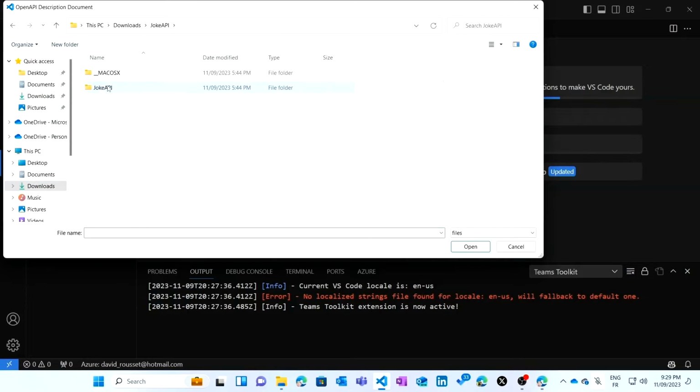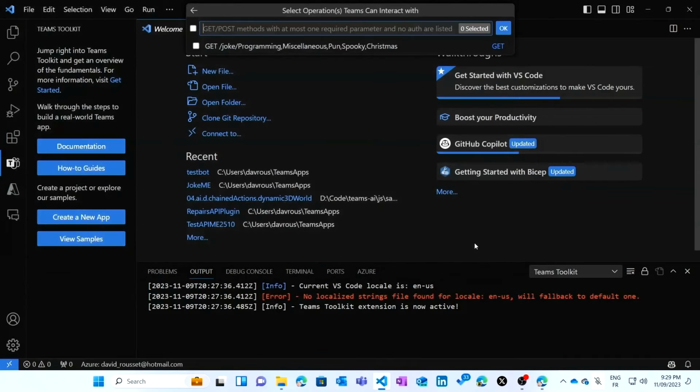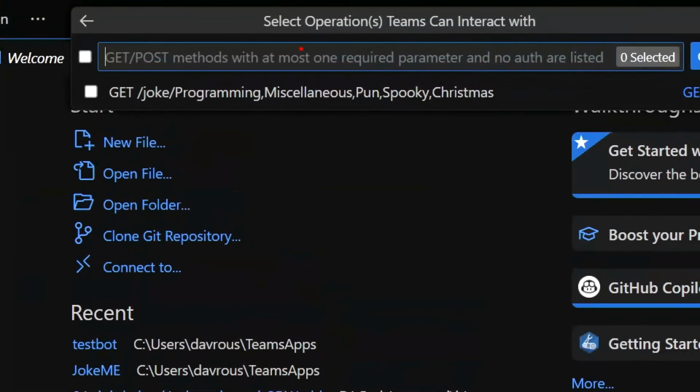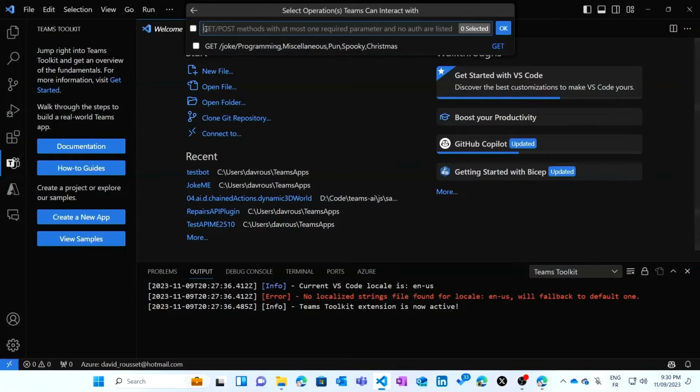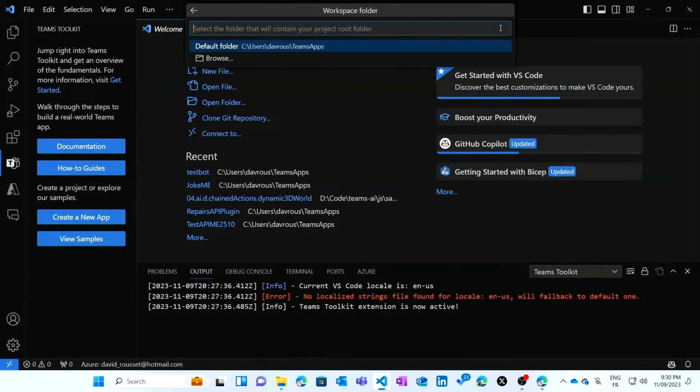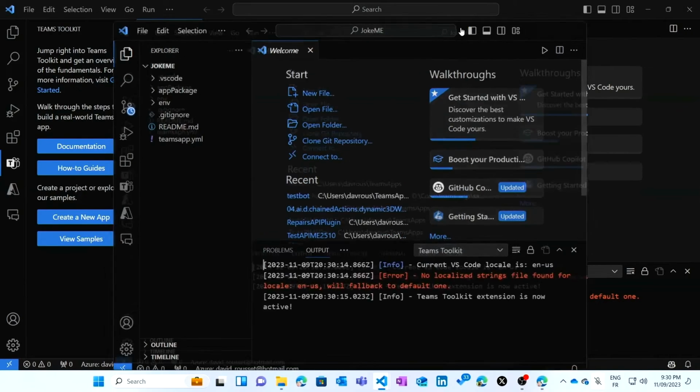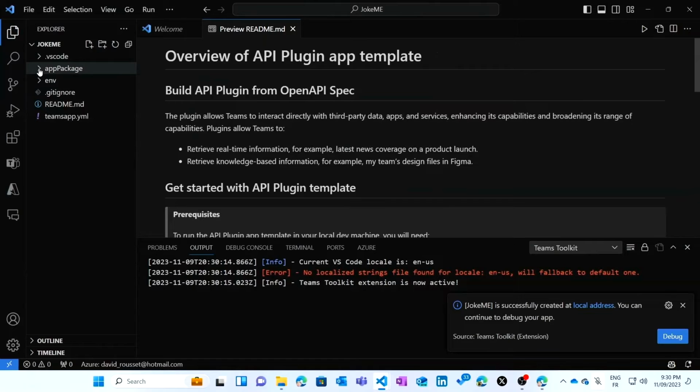So for today, we already chosen an API. And to make things just a little fun, this is an open source API that actually allows you to share jokes with your colleagues on Teams on any topics of interest. And we've already wrapped it up using that OpenAPI format that I was talking about earlier. So we chose that file, and Teams Toolkit has already parsed it, and it's figured out what operations are inside that spec file. We had a get operation today for our search query. We give the app a name that users can find it by in the Teams UX, and we're all set.